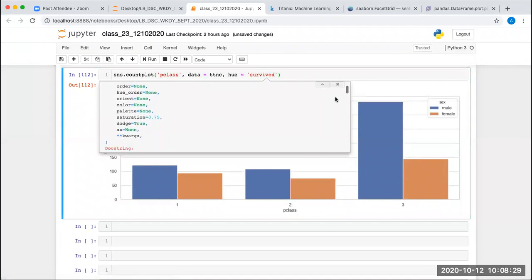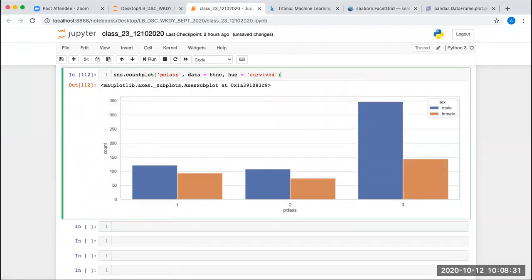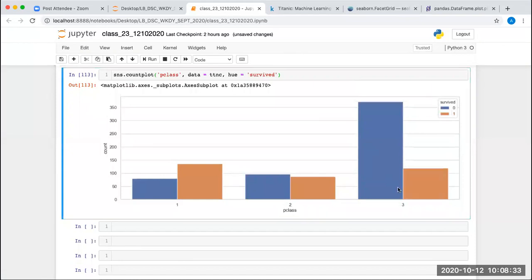No, we don't have that, so we'll not get it here. Let's get this. I will show you that based on sex, in every class the female survival rate was higher. But we cannot see it in the count plot here. Why? Because we don't have another attribute, which is called col or column. So that we will see in a different plot.